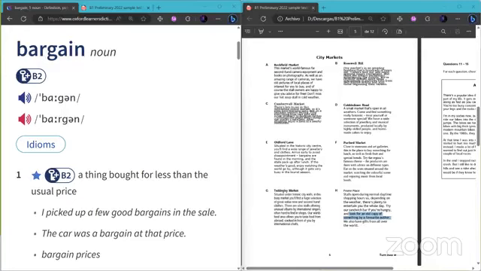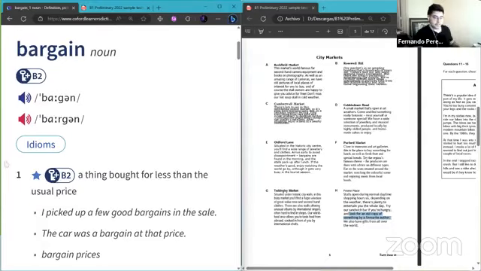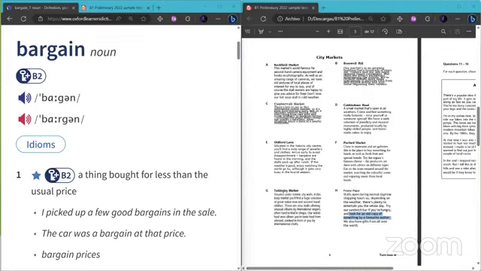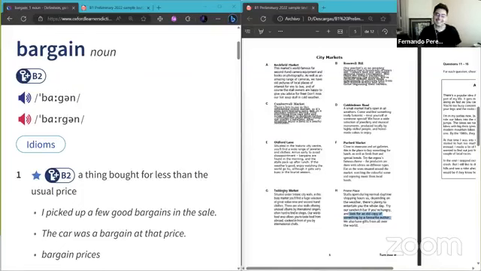Yes. So now, give me a definition. A thing bought for less than the usual price. That's right. Yes, but in English. Very good. Yes, it's a bargain, something that you buy for a very, very low price. So usually, for example, collectors items like cards or things that are very, very popular, but many people don't know the price. So usually they give you a very low price for